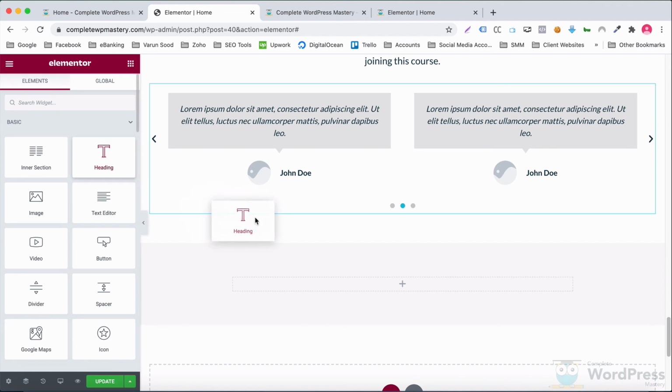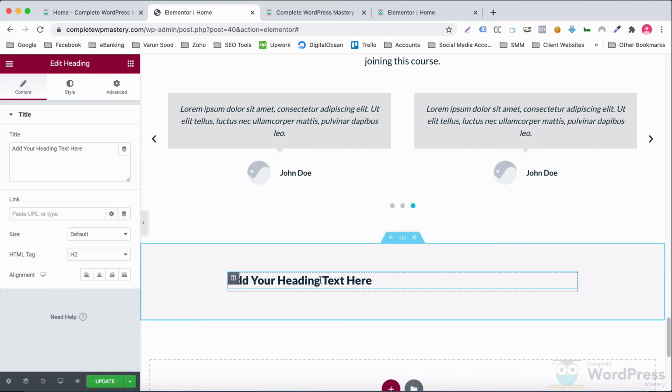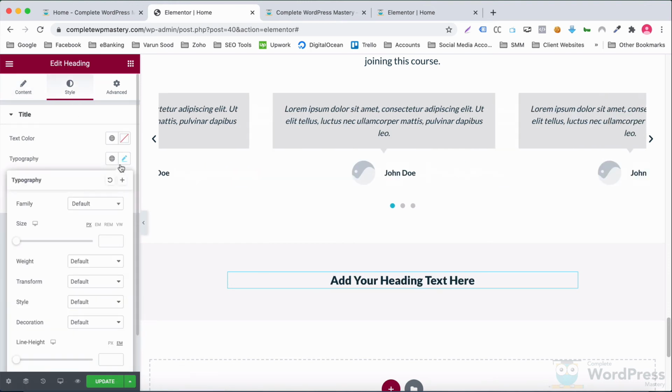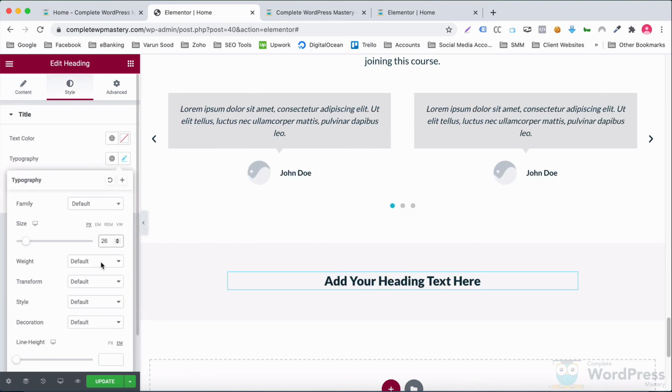Let's add an H2 heading, center align it, and adjust its typography settings.